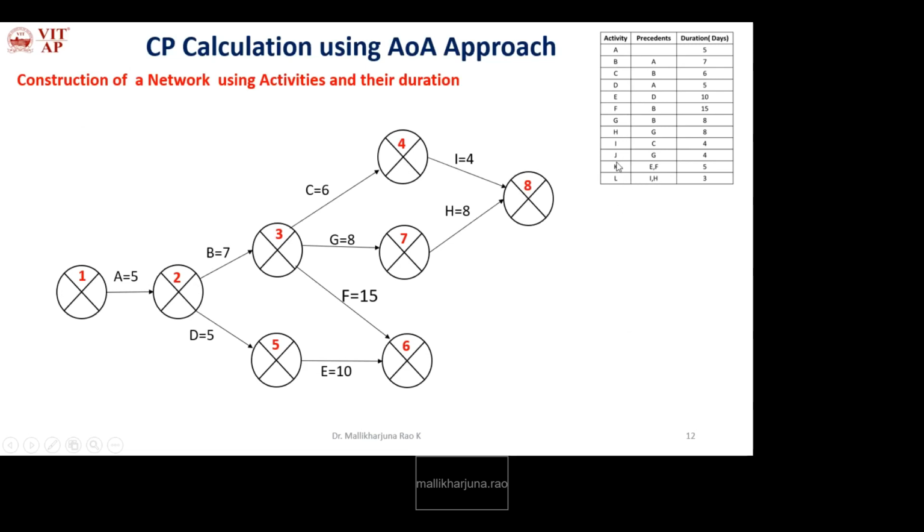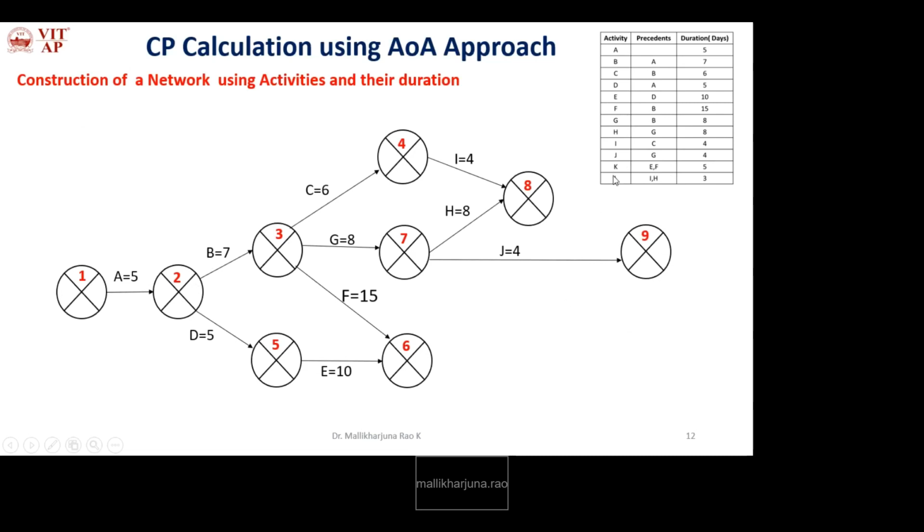Then J. J starts after G. We need to check whether J is the predecessor for any other. No, so we can represent directly. The start event for J is 7, end event is 9.